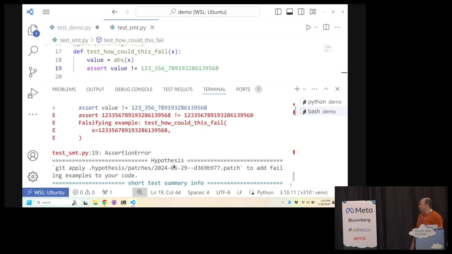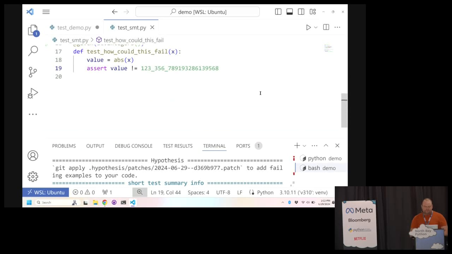This technique is not actually magic. It's really, really cool when it works, but it's also relatively fragile. It works best with pure Python code, and one of the joys of Python is that it's so easy to execute code which is not in Python. It was written in C or Rust or some command line tool, and the solver will not be able to follow the logic through those. But what we found is that it's a fantastic complement to the coverage-guided testing and to the random testing, where you can use each tool to get past the barriers that the others have trouble with, all having written a single, very natural-looking test function.